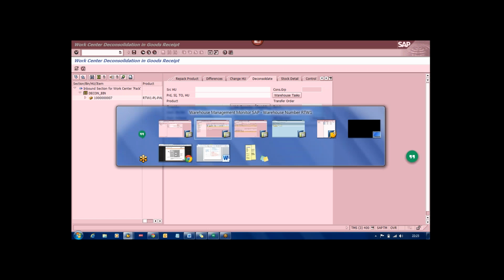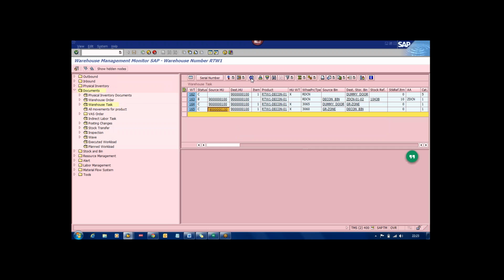Now see, 900000100. I would like to change it to a plastic pallet. My plastic pallet number range is 1000 all 07. Okay, now just take it and complete my activity. Completed. I mean, I packed it again into the plastic pallet. Now if I refresh it, the new number will appear over here. This new number,